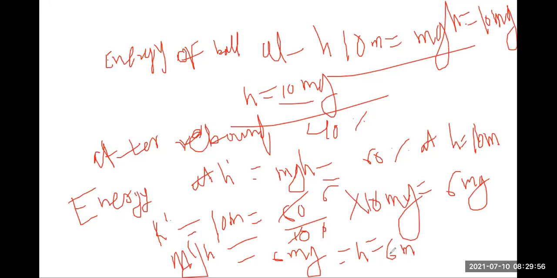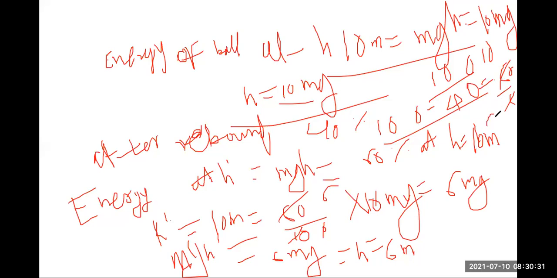When it was 100% rebound, at that time its height was 10 meter. And when 40% reduces, what happened? Its height reduced by 40%, meaning 10 is your 100, and we have to subtract this. It's simple. 100 minus 40 will get the 60. And in the form of height, we can write divided by 6. We will get 6 times the 60. So height will be 6 meter. How much will it be? Height 6 meter. Got it? 6 meter. Understood or not?